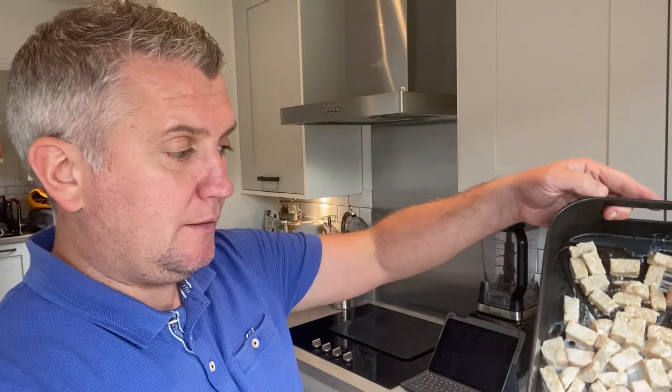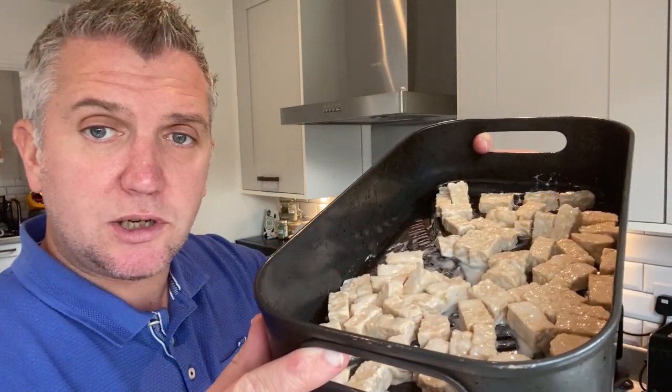I'm now just going to put the Ninja air fryer on for 10 minutes at 180 degrees. That's just firing up now, as you can hear in the background. What I'm going to do now is I'm just going to get the tray for the Ninja and I'm going to place the marinated tempeh. So I'm just going to place this into here, and as you can see here, now we're just going to place this into the Ninja. So just for the next stage,